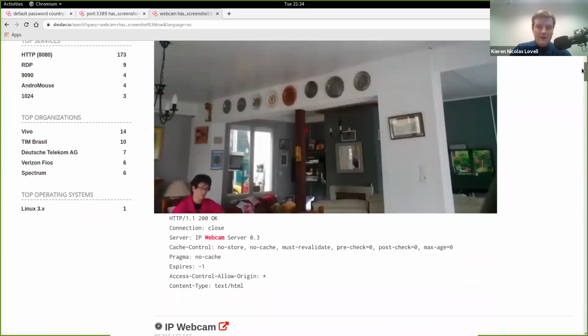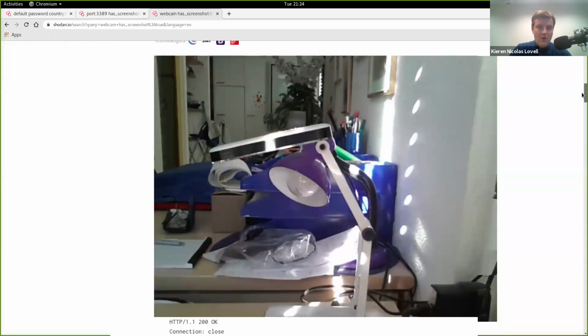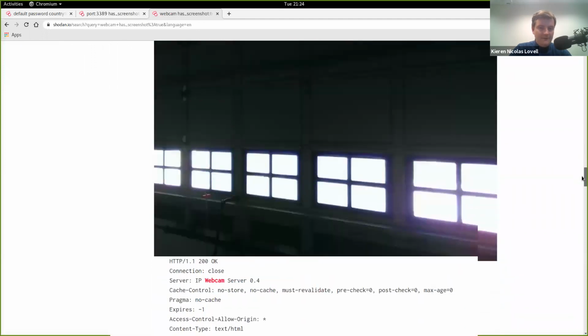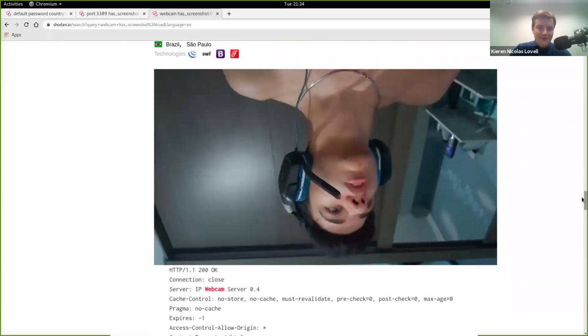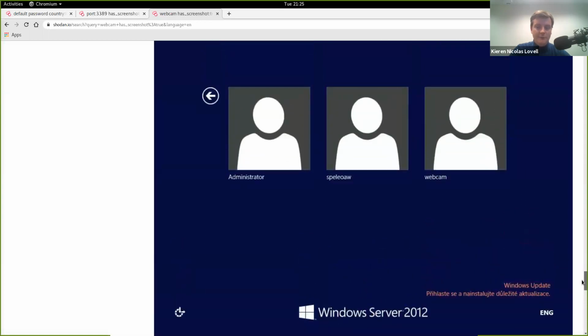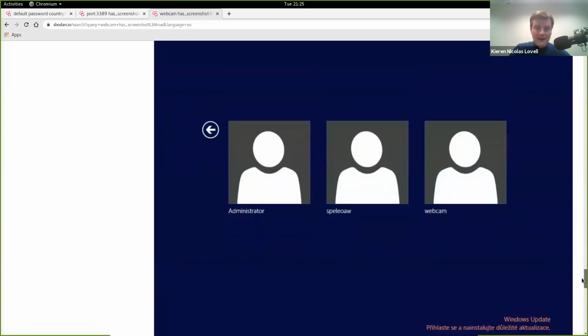And these are screenshots of webcams where people have not put on the password. I have to admit, this is a public, allowed website. All of this material is open source and anyone can do it. So if you go to Shodan.io now and start putting in your country, write has screenshot, type in webcam, you will see security cameras, you will see webcams, you will see people that have left their servers with default usernames and passwords. And a picture really does paint